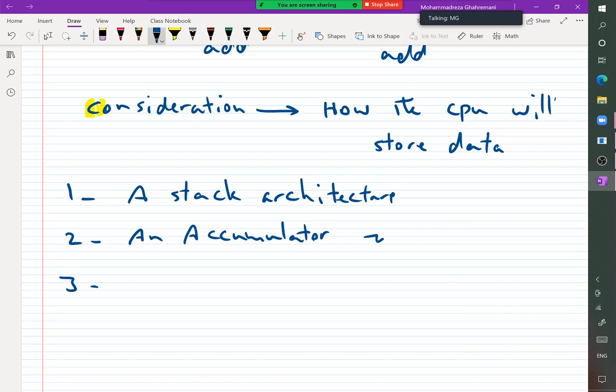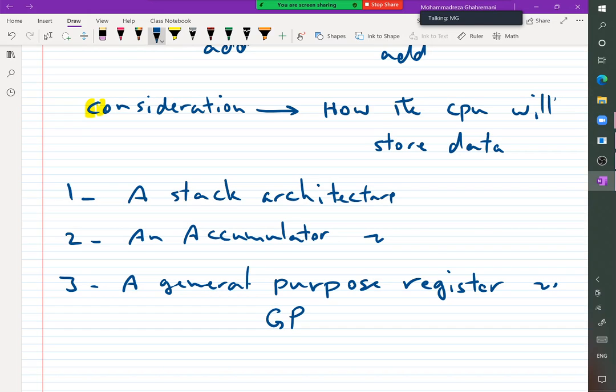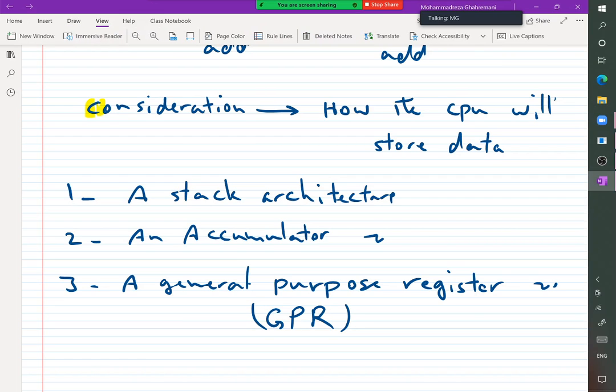The third choice is a general purpose register architecture. General purpose register is called GPR. Before moving to the next part and studying them one by one, first of all, let's